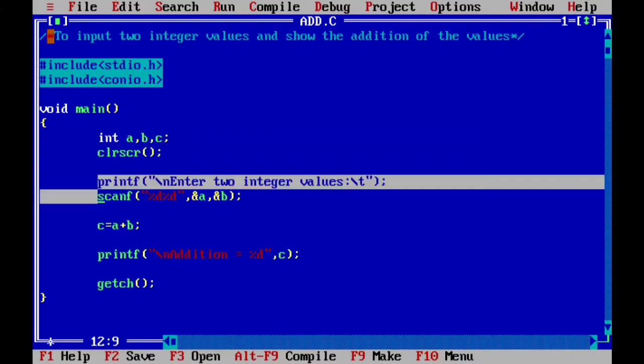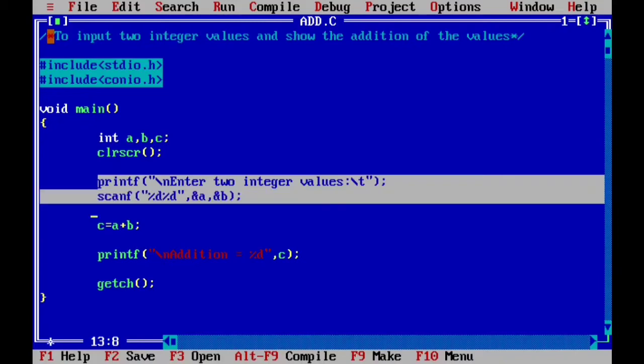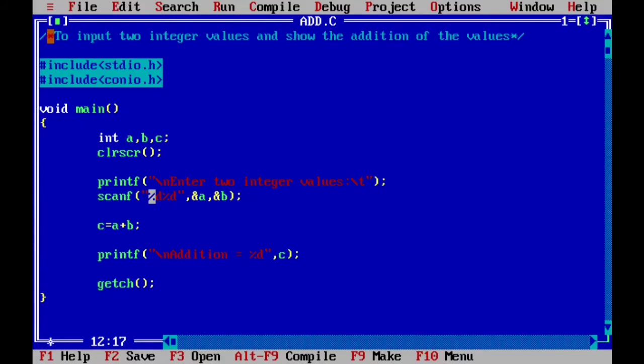Next we have used the printf function. Printf function is to display this message on the user screen, so that the user is aware that he needs to enter two integer values. Scanf is to scan the numbers from the user screen. Now in the scanf we have used %d. %d is the conversion string for integer type variables, right?